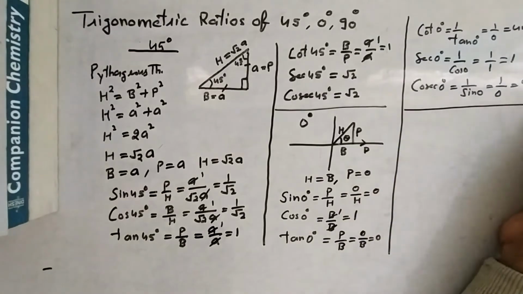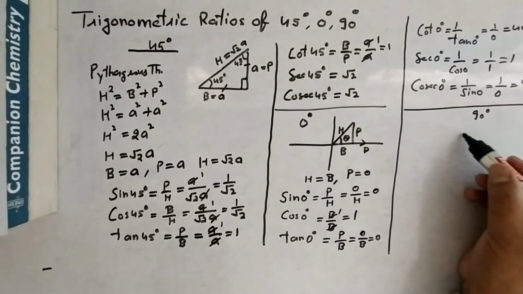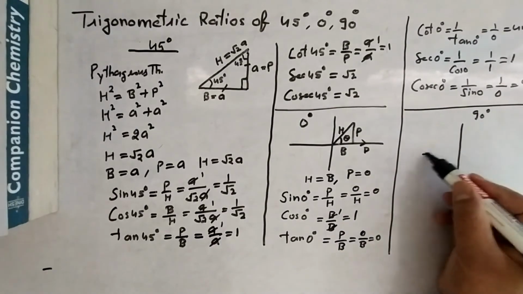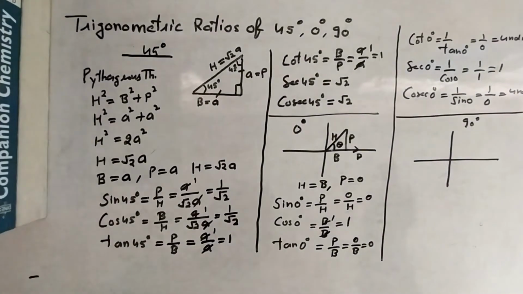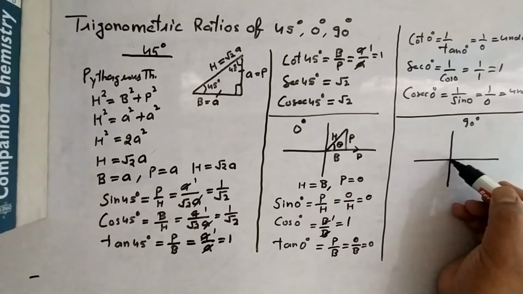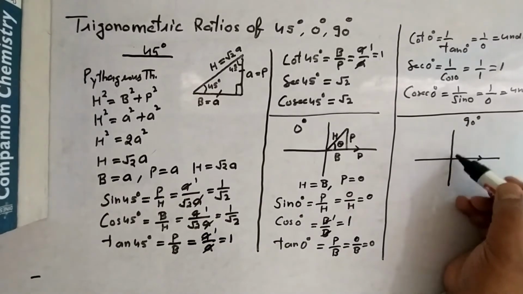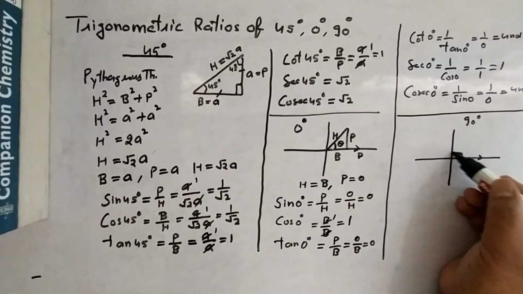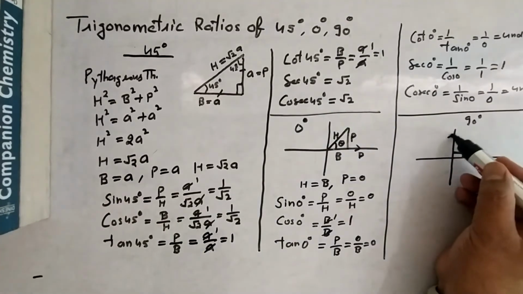Now I am coming to the angle 90 degrees. Let us start how to find it. We will use the same trick here. In this case, you do the similar trick: this was a revolving line, and it moved from here, and suppose the angle becomes 90 degrees. Now when this line moves in this direction, what happened in this case?